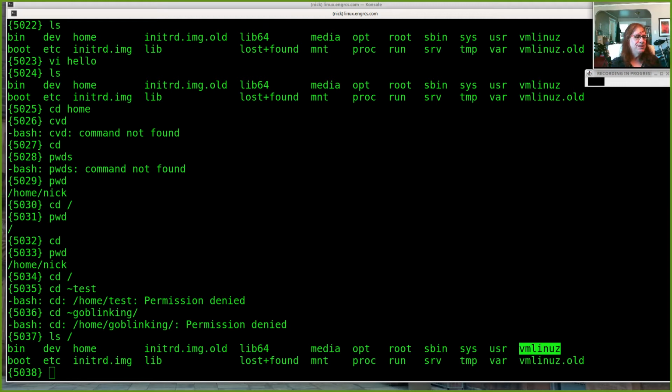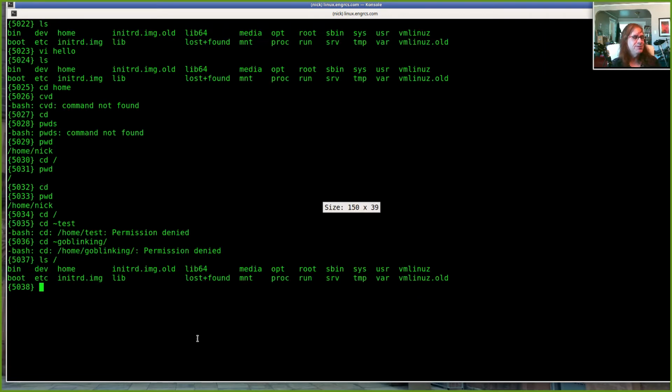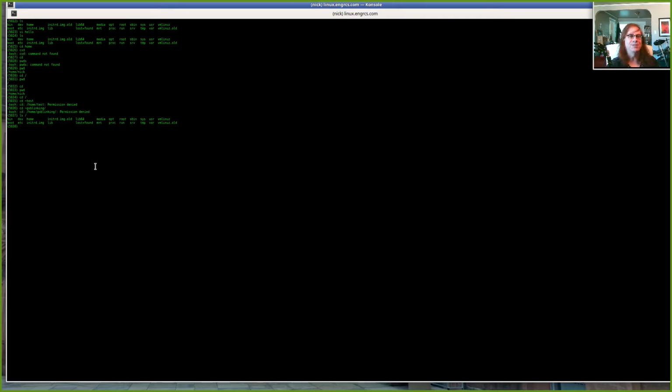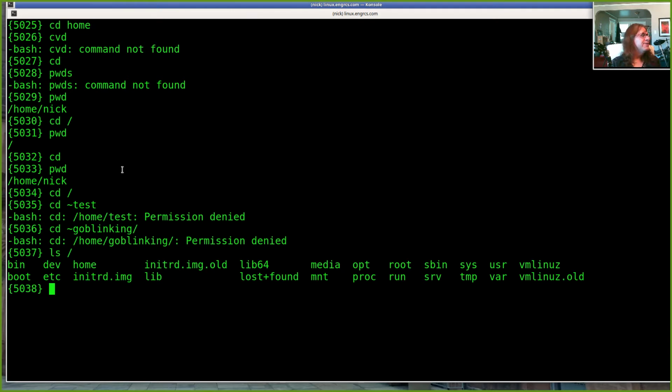When I open up a terminal window, for me, it's a black background with green text, because I find that comfortable. It's easy on my eyes. It doesn't distract me. If you like something different, if you want a white background with dark text, if you want color coding, whatever you're into, there are all these different options. You can customize things. If I have really good eyesight, I can make my characters really, really tiny. If I'm feeling lazy, I can make my characters really big. And this is what people do when they work in Linux. You get to customize. You get to set things up to your liking.